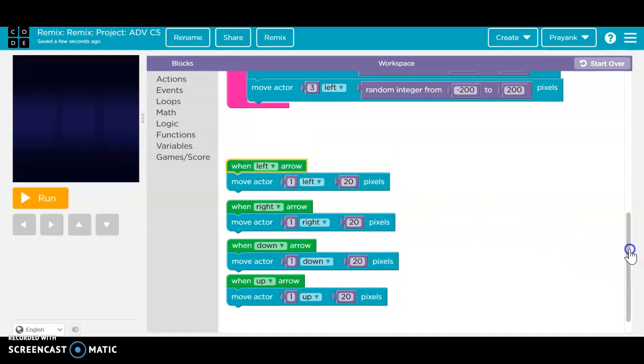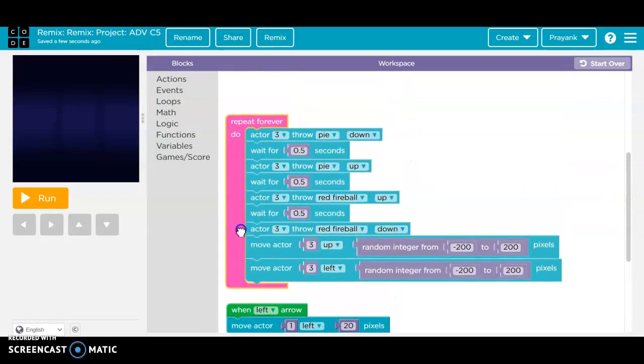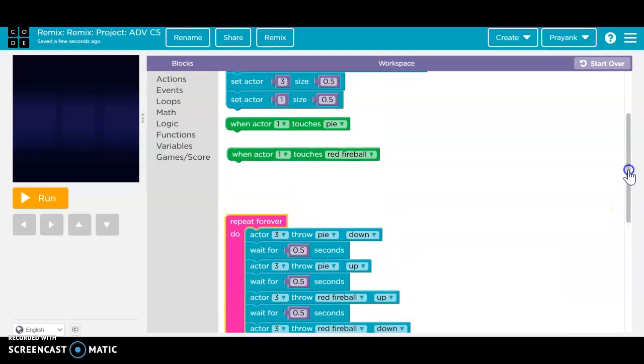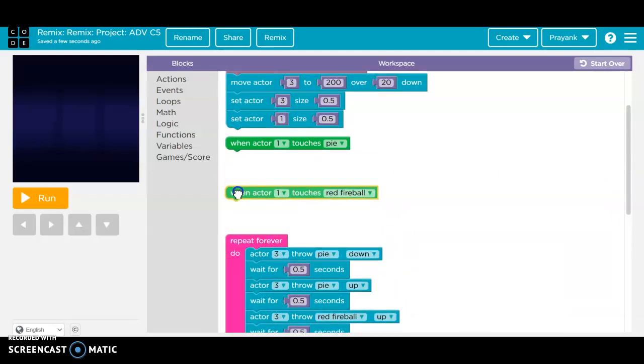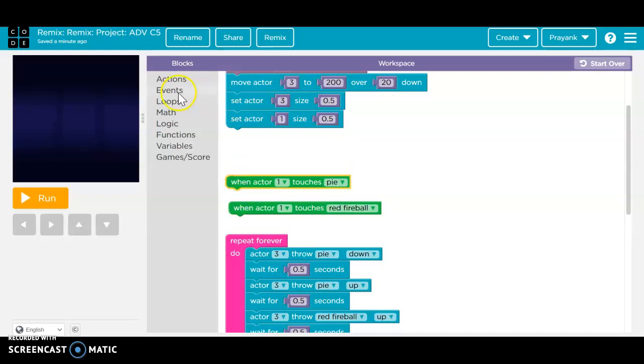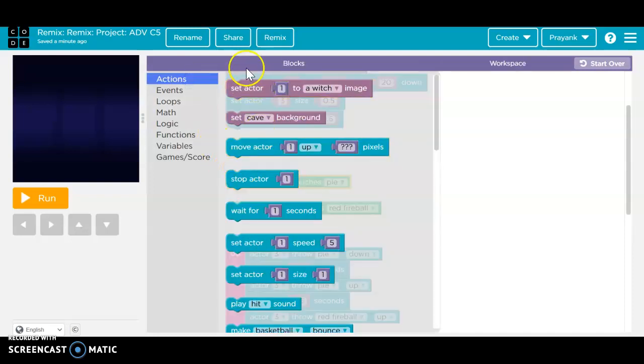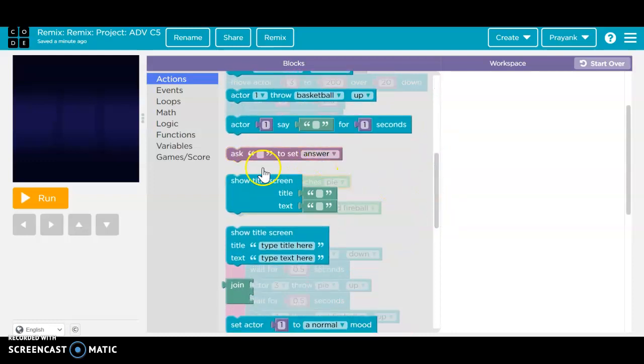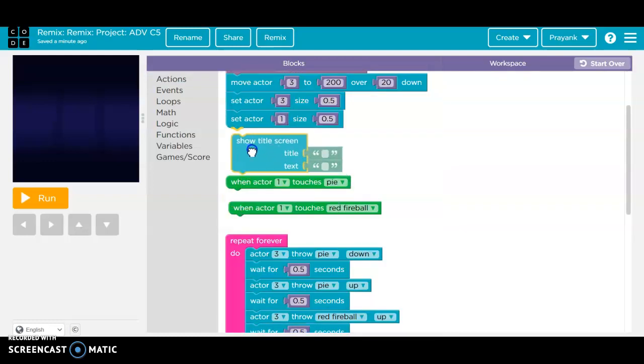Okay, now we need to go up and take this big massive block and then we need to separate this. And now I'll just find some blocks that are going to be used. Here it is, show title screen. I'll just put it right here. And I will write here